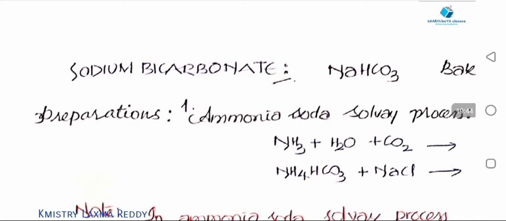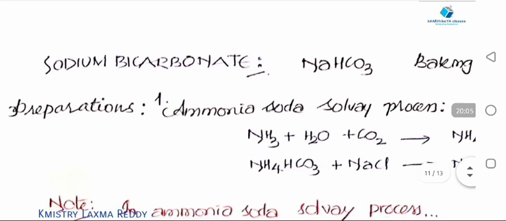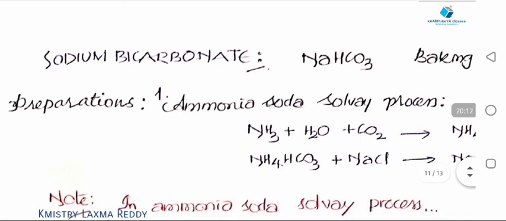Then sodium carbonate does not have any hydrogen, but sodium bicarbonate has one hydrogen. So this is called an acidic salt. It cannot be stored along with any base because it can react. Sodium carbonate can be stored along with any base because there is no reaction between them. But sodium bicarbonate has one acidic hydrogen, so it cannot be stored with any base. The hydrogen part of this will react with that. Okay, we'll discuss